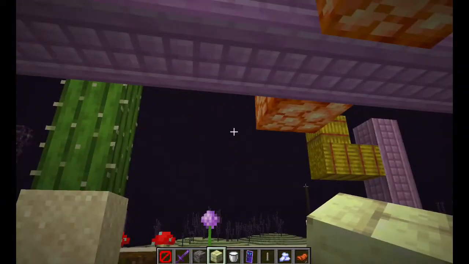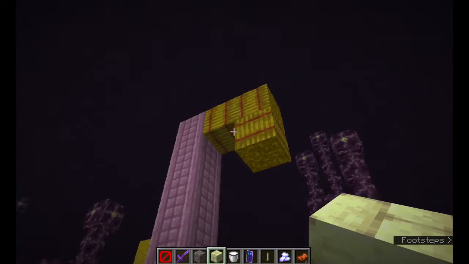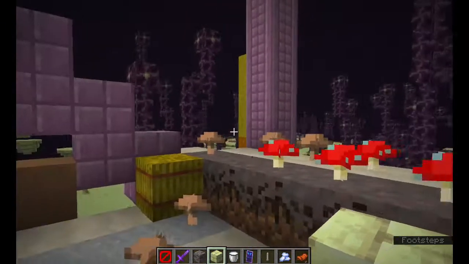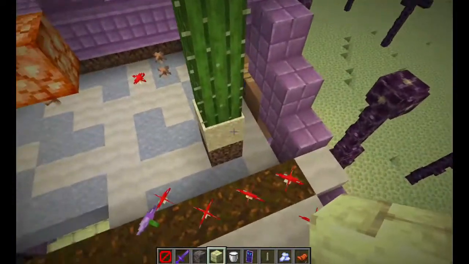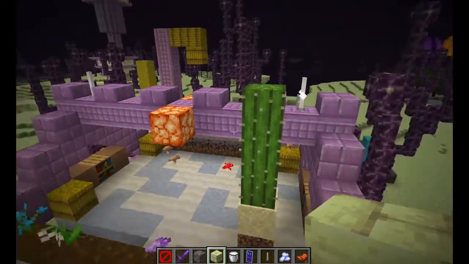Crimson wort and wart. I don't remember if that's what they're called, but yeah, and hay bales. They might be able to grab hay bales. I honestly can't remember, but so this would be the top floor. Here you can see they've figured out how to grow a cactus, but they also, since they